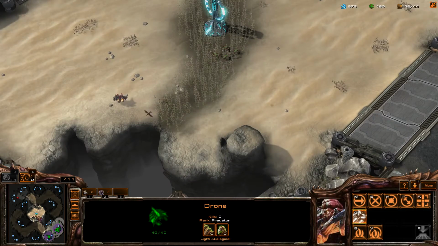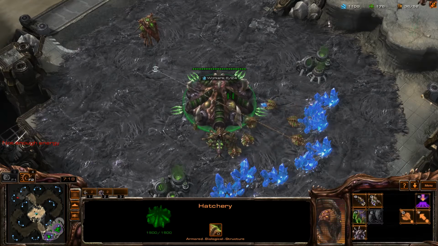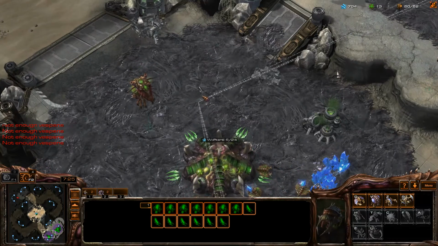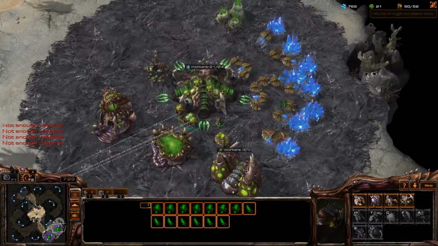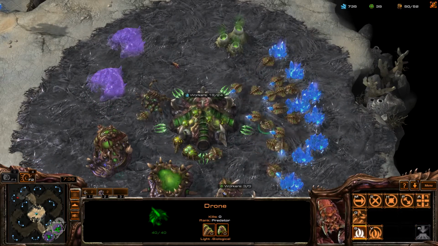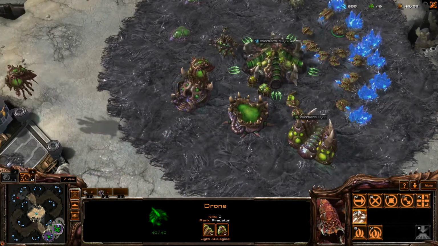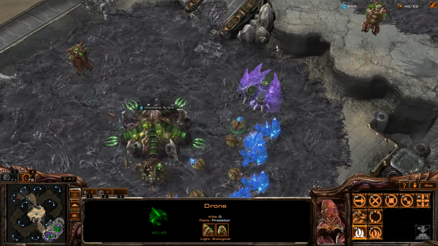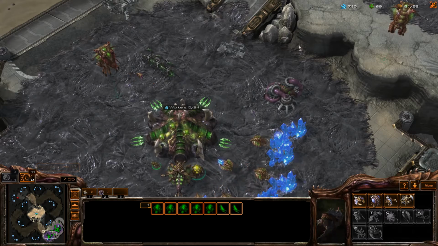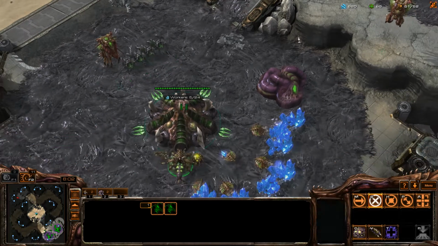And that's an SCV, so he's scouting. Starting my roach ball. Upgrades, super important. And I'll start a second one. But you gotta have your gas production through the roof. Or, I mean your mineral production, sorry, because